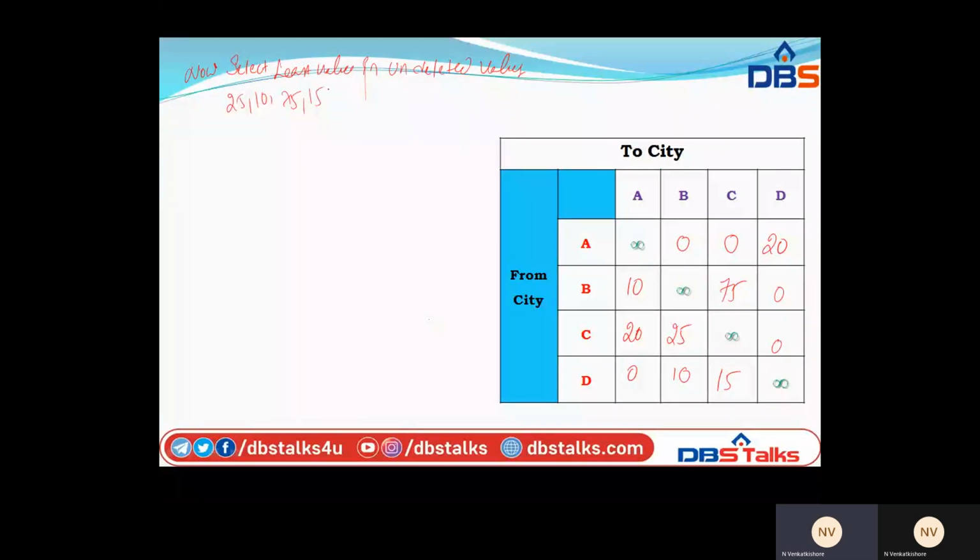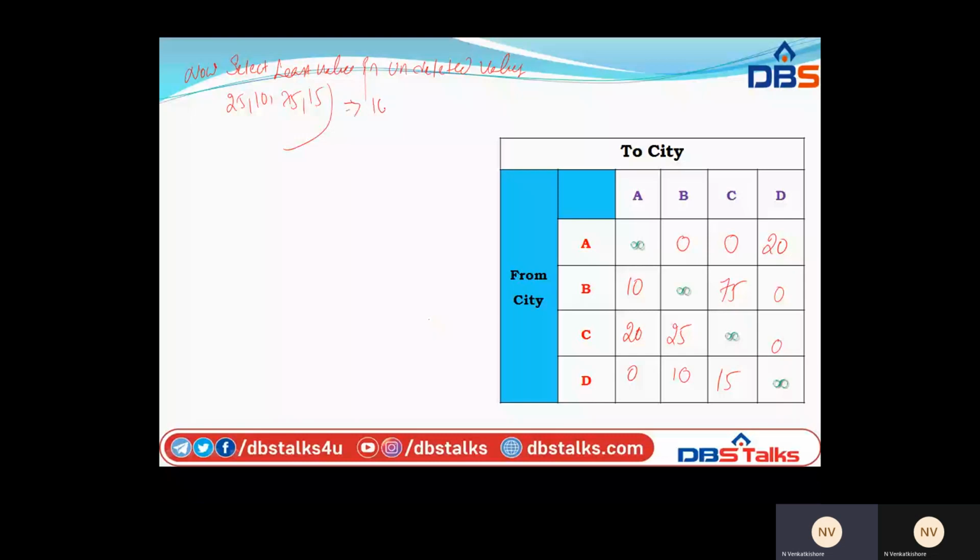After that, add this value to the values where a cross is presented. If you see there, we are having crossed lines.